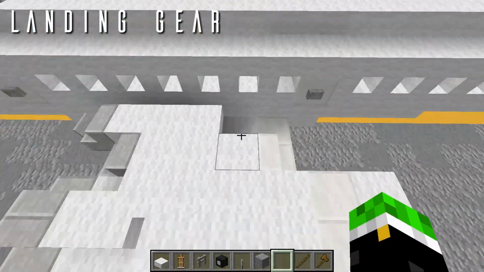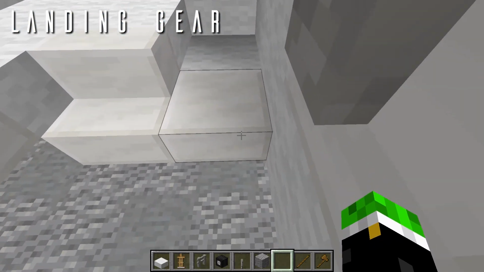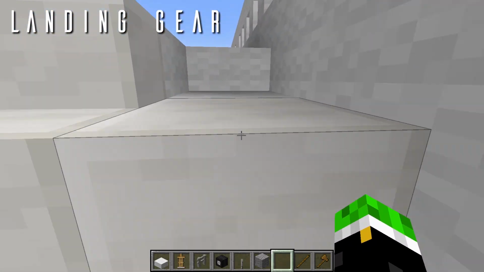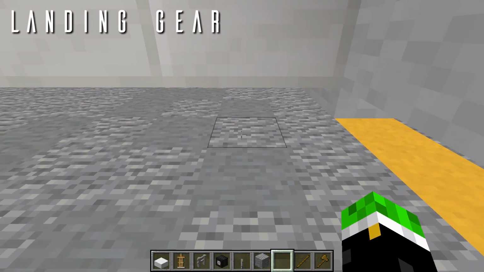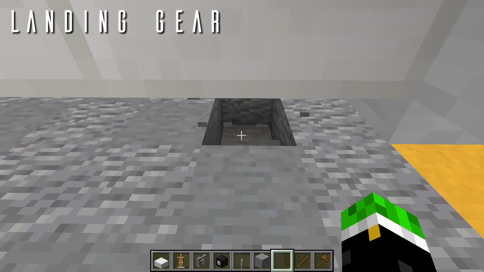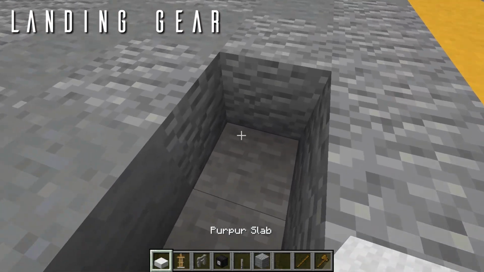So we're going to continue on with the main landing gear. So, starting on the left side here, come in line with the wing root right here. From this rearmost block right here, the torch slab right there, we're going to be skipping the block directly below it, but then one in front of it right there, clear that out, as well as one going forwards from it there. Then we're going to tunnel our way down below here, and in this space here,